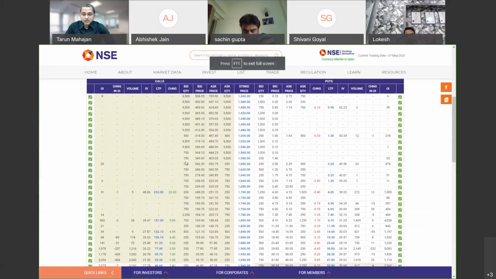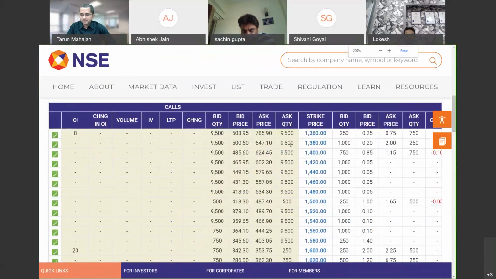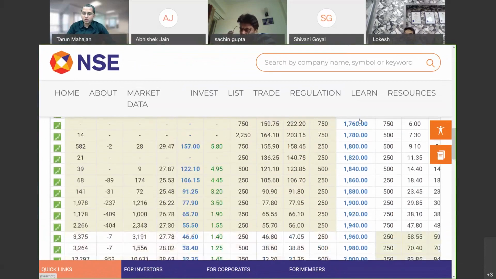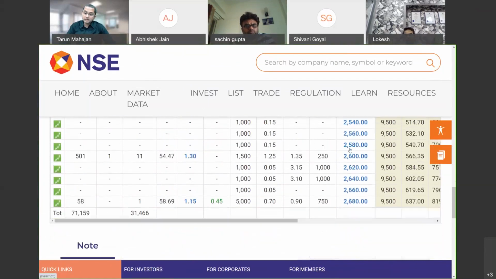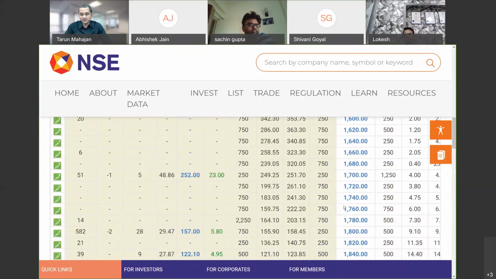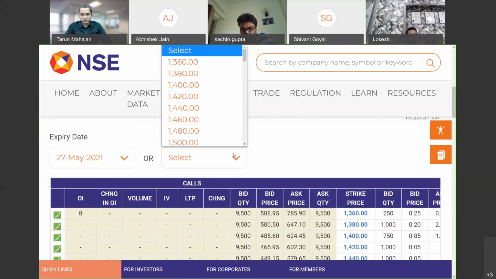ये देखिए आप, आरआईएल का जो ऑप्शन अवेलेबल है वो 1360 रुपीज की स्ट्राइक प्राइस पे भी अवेलेबल है, 1360, 1380, 1400, सो ऑन, 1940 ये जो अभी करंट प्राइस है वो, एंड देन 1360 से लेके 2680, इतना लंबा स्पेक्ट्रम अवेलेबल है। इनमें से कोई भी स्ट्राइक प्राइस आप चूज कर सकते हैं, और ये सिर्फ कौन से वाले हैं मालूम है? एक्सपायरी डेट है इसकी 27 मई 2021, दैट्स इट। और ये सारी स्ट्राइक प्राइसेस जो हैं, ये इतनी ढेर सारी स्ट्राइक प्राइसेस आपके पास में अवेलेबल।